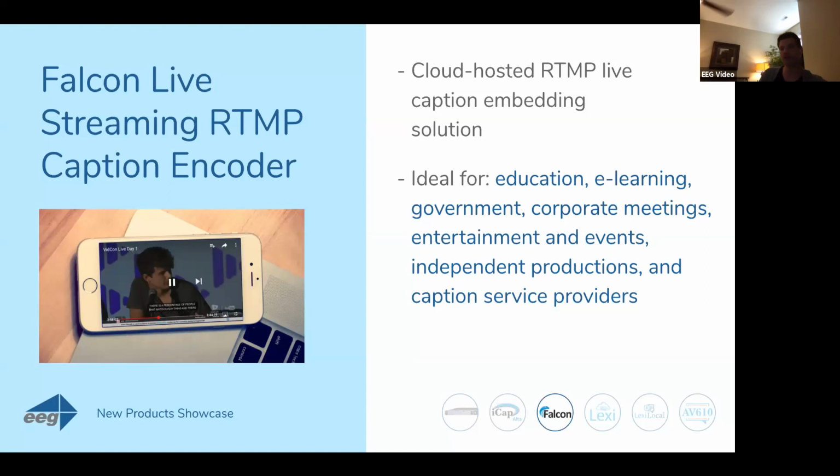So Falken really can be useful in that regard too, in that it's a fully virtual product. It's an RTMP input output closed caption encoder. We're seeing it used for a lot of universities, really any streaming event. And how it works is you just take the output from your streaming media encoder, you point that to Falken